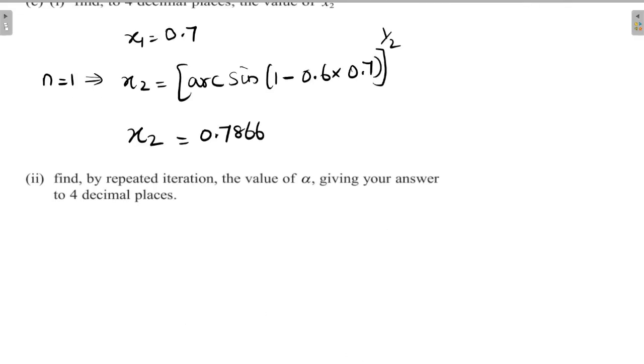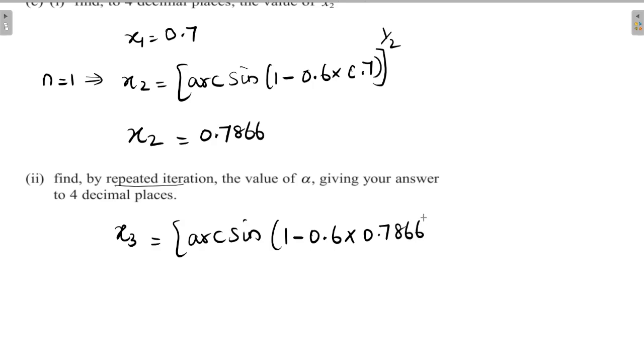0.7866. Part D: find by repeated iteration the value of α, giving your answer to 4 decimal places. Let's start here by repeated iteration. So, let us find x3. x3 is equal to arcsin of (1 − 0.6 times ...). This 0.7 will be replaced by 0.7866, the whole power 1/2. So this value, x3, by using the calculator, is